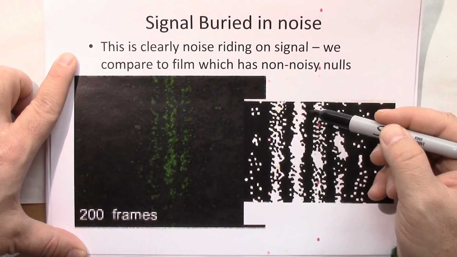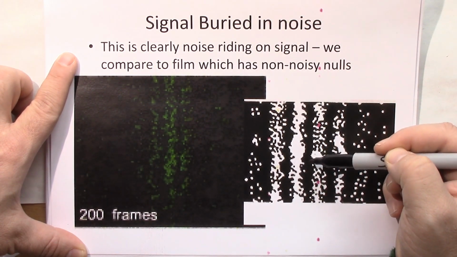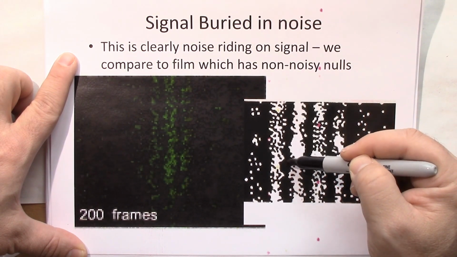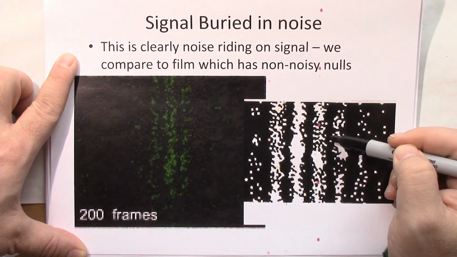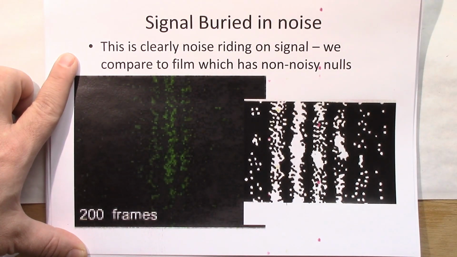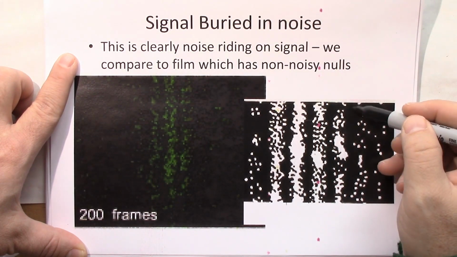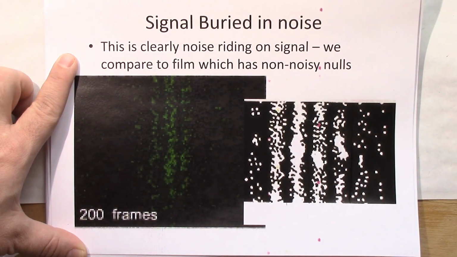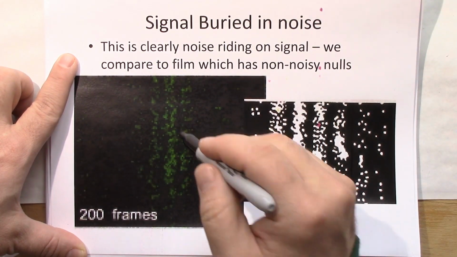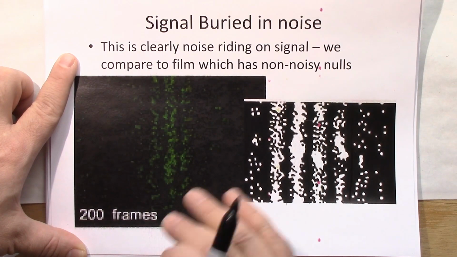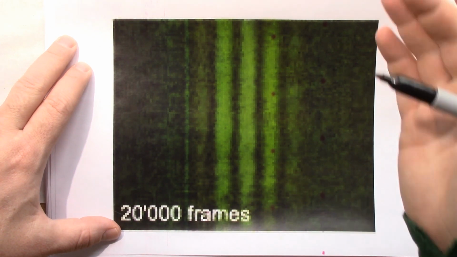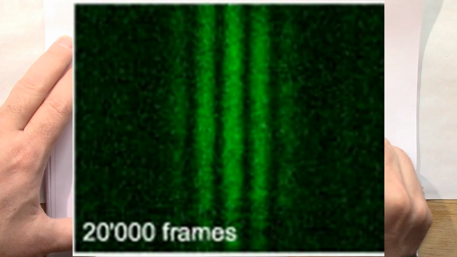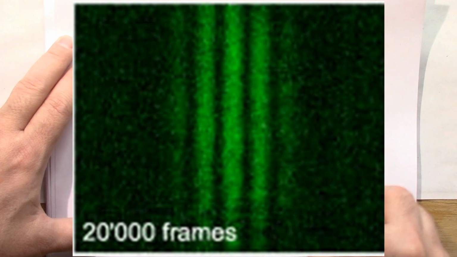This, my friends, is the one done with film. Film doesn't have a noise problem, so you can see down in the nulls it's complete black from top to bottom. Except possibly for this guy here, which is an error in the photographic emulsion. Every place where there's supposed to be a null, it's complete black. No noise. If you look at the one from the photo intensifier, you see noise. And in this one here, at the 20,000 frame, it's hard to see from the camera, but there's a sheen, a cast of noise over the entire frame.